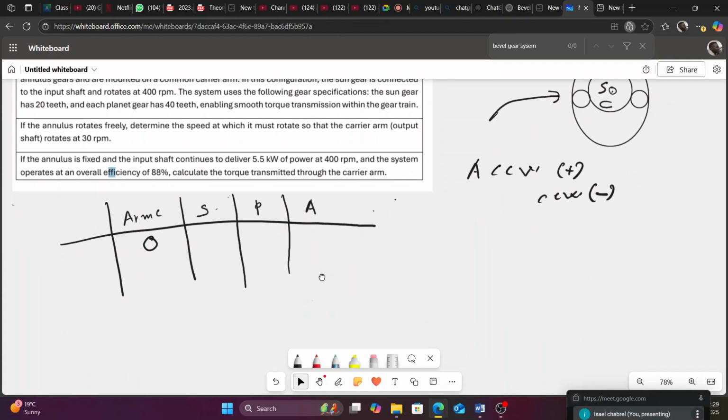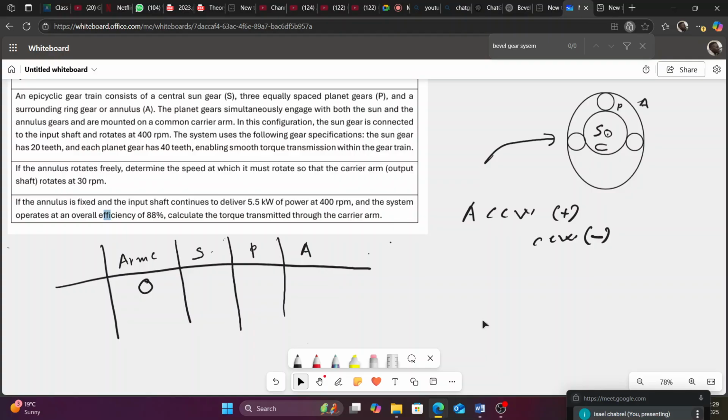Now, what is the second condition? You need to give something a direction. You need to say, okay, if I give A this direction, what's going to happen to the rest? Because there are a lot of those gears. I don't know if you have seen them on videos on YouTube or somewhere. There is always a driver and a follower. There's always someone leading and the rest following. This is basically what's happening here. So in this figure, we give the sun positive direction, it means it's going in